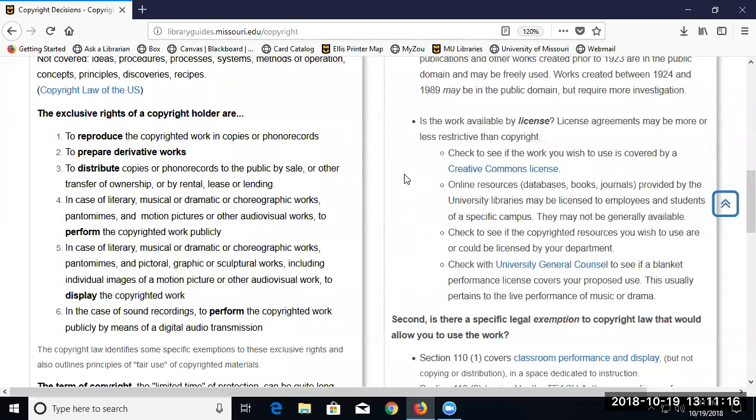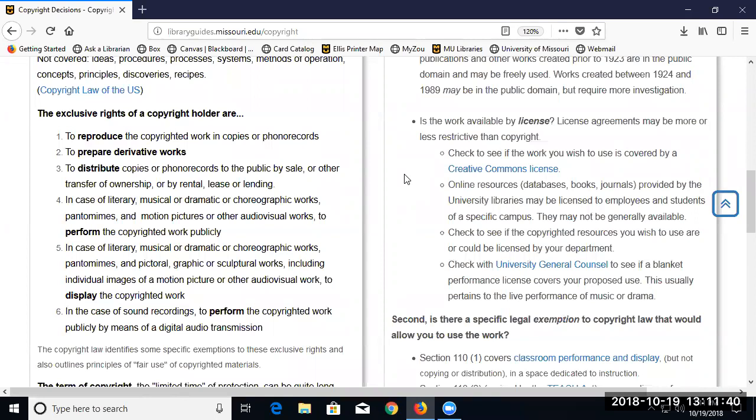So the license could either be stricter than our general understanding of copyright law, or it could be more permissive. It could say, in this context, we're allowing these specific uses that you might not have generally. And it's sort of negotiated and spelled out. And often for the libraries, since we're paying for things, the payment is built in with a license as well.